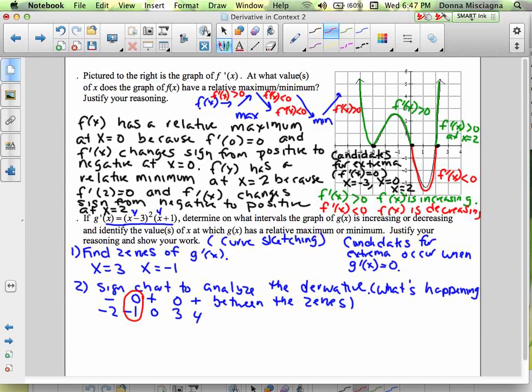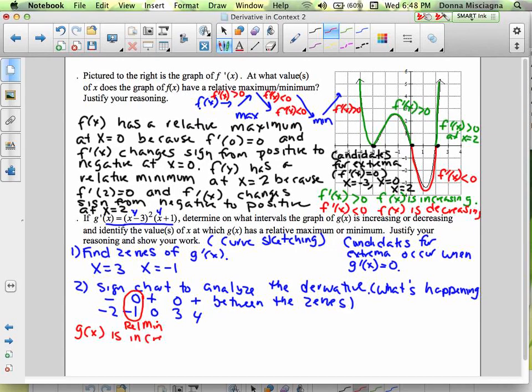All right, so we had two candidates. Our candidates were -1 and 3. But this one is the only one that's actually an extrema. And this one is a relative min. All right, so now let's answer where it's increasing and decreasing, and then where it has the relative min. So g of x